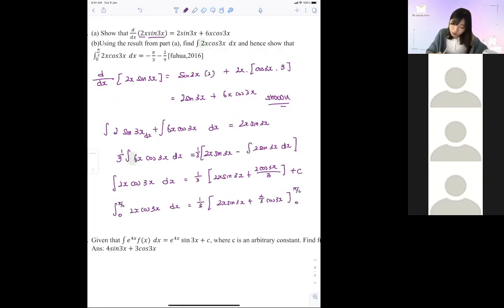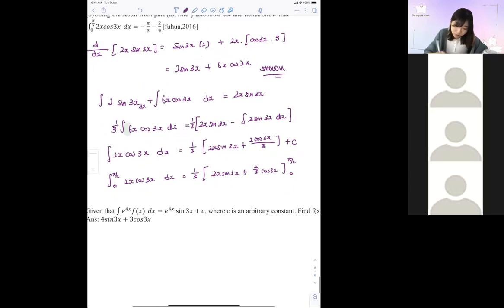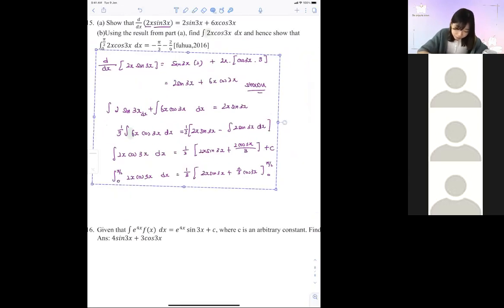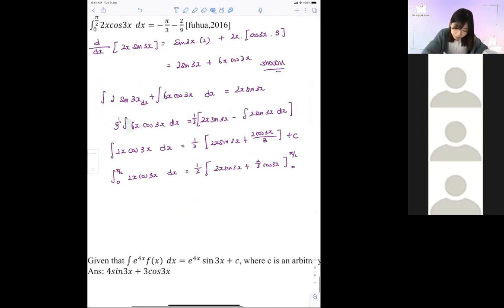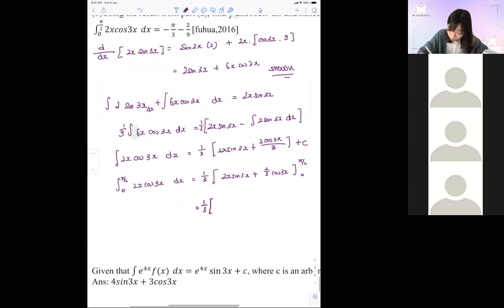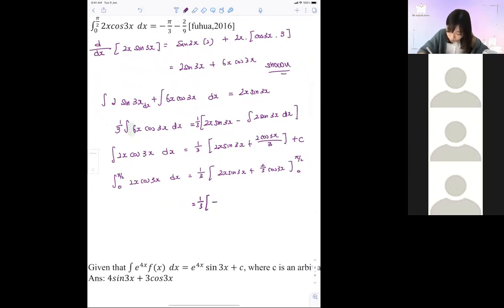Okay, then slowly we can get the answer. So sub 1 by 1. You sub pi over 2. 2 times pi over 2 is pi. Sine 3 pi over 2 plus 2/3 cosine 3 pi over 2